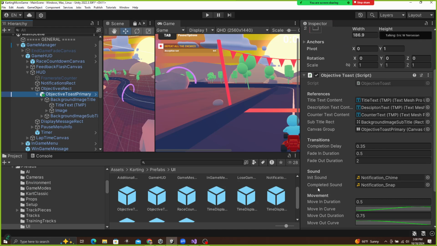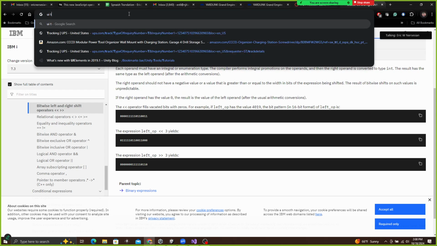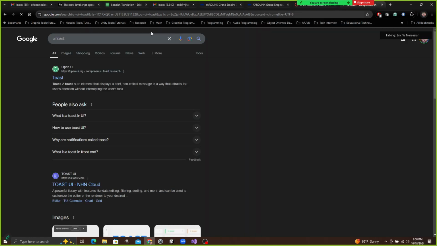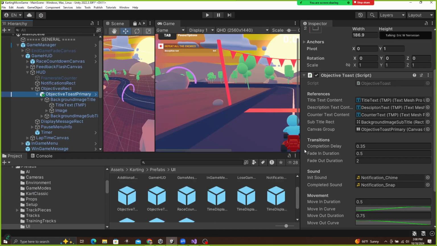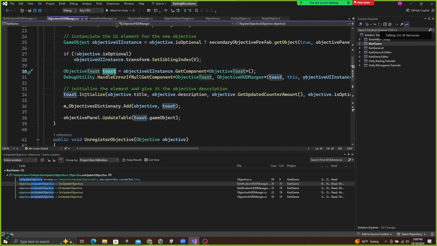So this is the script, objective toast. I don't know what, let's see, UI toast. I never really heard the meaning. A toast is an element that displays a brief, non-critical message in a way that attracts the user's attention without interrupting the user's tasks. All right, that's a toast. Anyway, this component, this objective toast, will get grabbed, referenced,